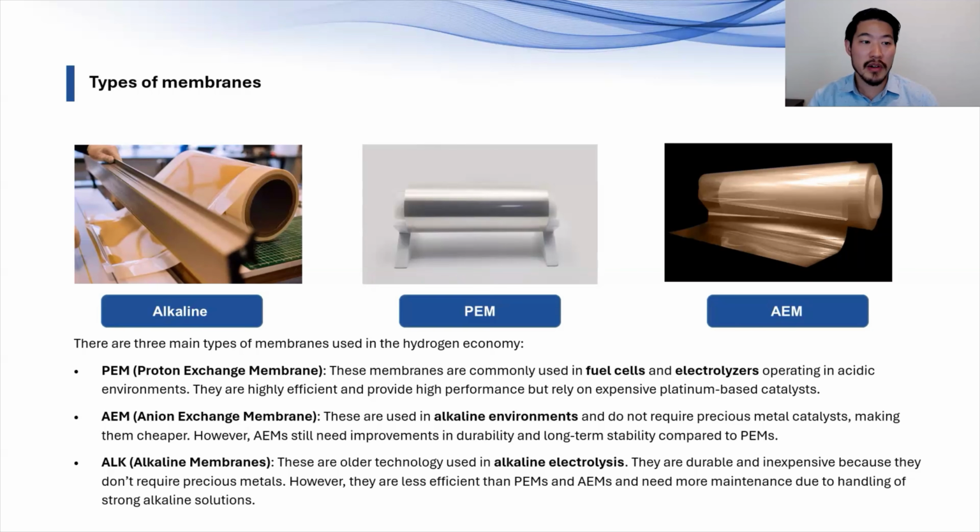Okay, right. So I know there are different kinds or types of membranes. Can you help us and educate us on what types they are? Yes, of course, definitely. So in the current market now, there are 3 different types of membrane materials. The oldest being alkaline. That was used a while ago and is still being used by some of the electrolyzers we see today. But more of the hydrogen economy is now pushing towards PEM usage. And then also we're starting to see a shift towards AEM, which is anion exchange membrane usage. Each has its pros and cons, which I would love to go into.